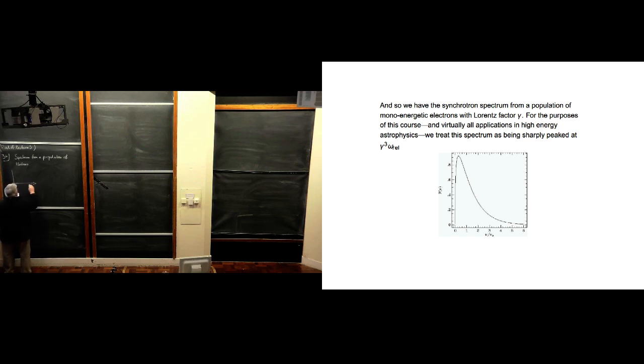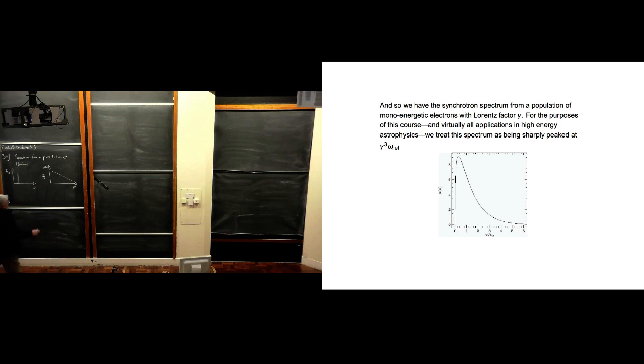What I'm showing here on this plot is the flux per unit frequency against frequency of an individual electron at a particular energy. And if you convolve that with the electron energy population, E against N of E, so there's a large range of electron energies going to arbitrarily large or arbitrarily small